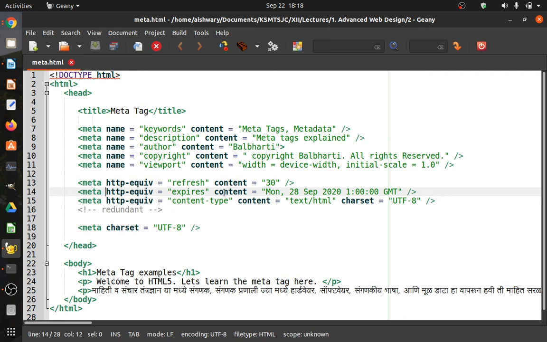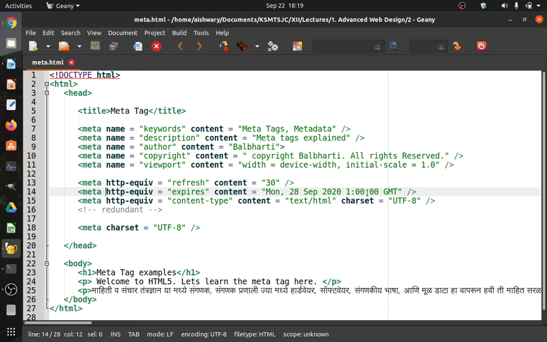Next attribute content, where the exact date and time is written like this: the first three characters, Monday or any three characters representing the day, next a comma, then the date, then the three characters of the month, then YYYY, four characters of the year, followed by a space, and the time like this, 1:00:00, that is 24-hour time, and the time zone Greenwich Mean Time.